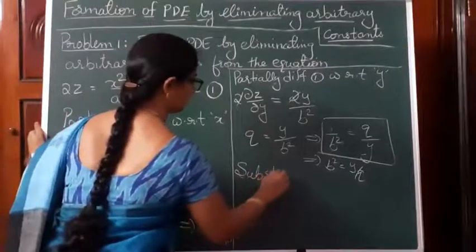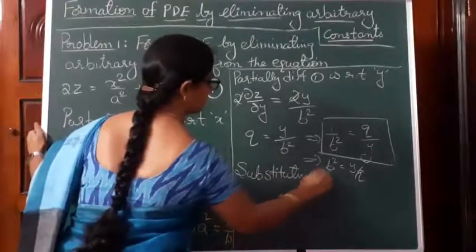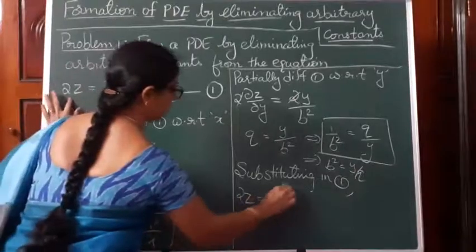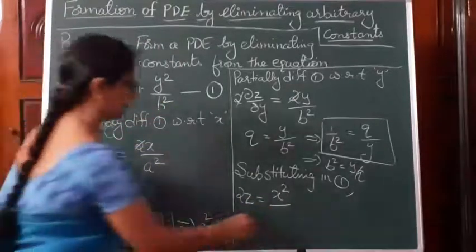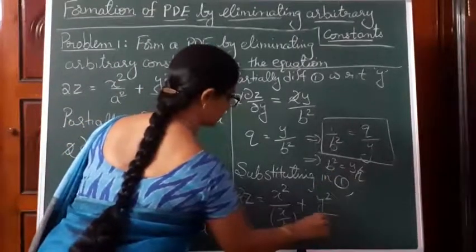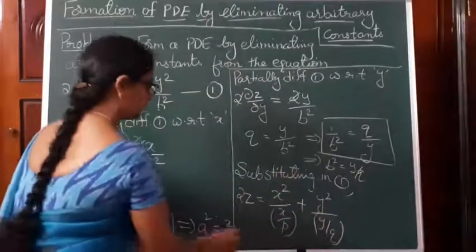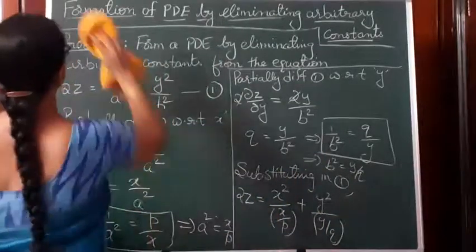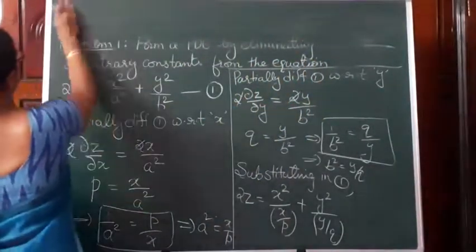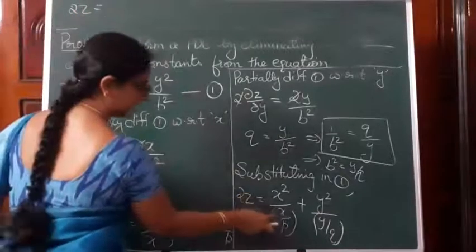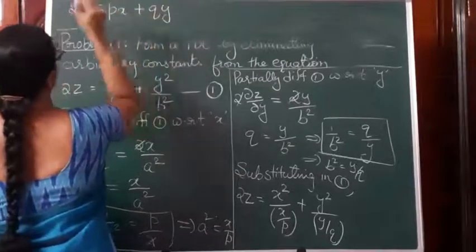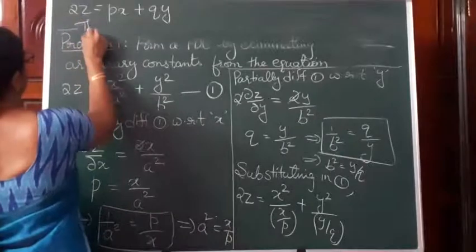Substituting in 1, we get 2z is equal to x square by, what is a square? x by p. x by p plus y square by b square. b square is y by q, which gives 2z is equal to, x gets cancelled and this p comes to the numerator, px plus qy. Therefore this is the required